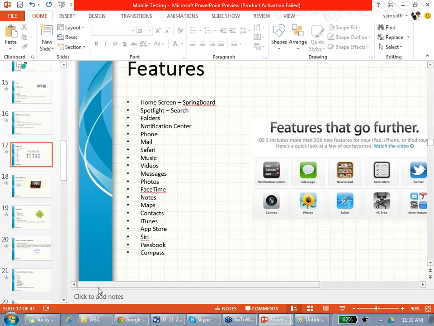And we have the great Safari browser, which nowadays everyone has moved from to Chrome. And we have music there. Of course, we cannot forget iTunes. And there are videos, where we were always using YouTube, but now they forced us to use another video app, but we still go back to YouTube.